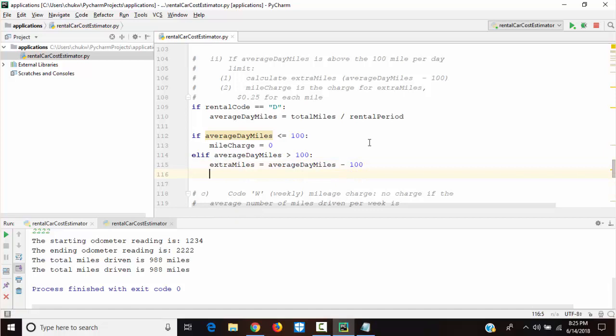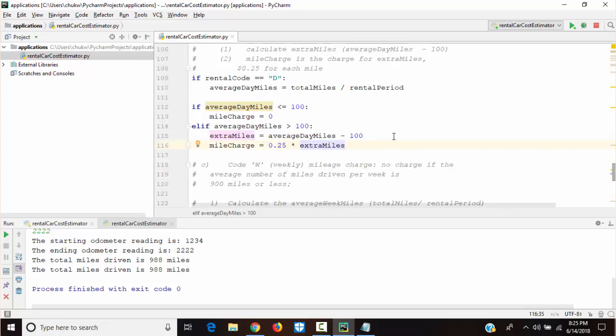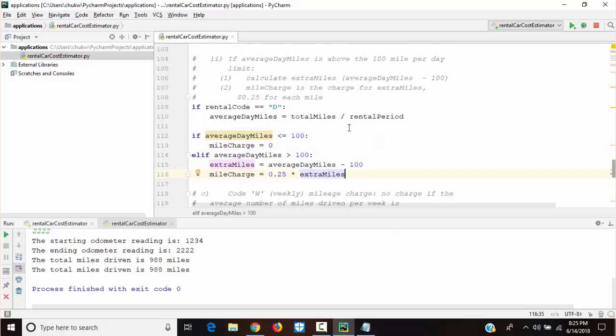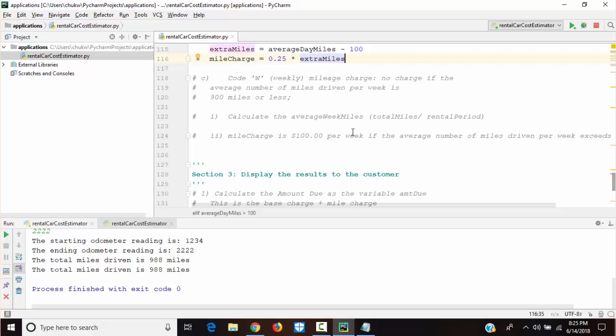And the mileCharge would be 0.25 times extra miles. Okay, so that is for daily. Let's get to weekly.